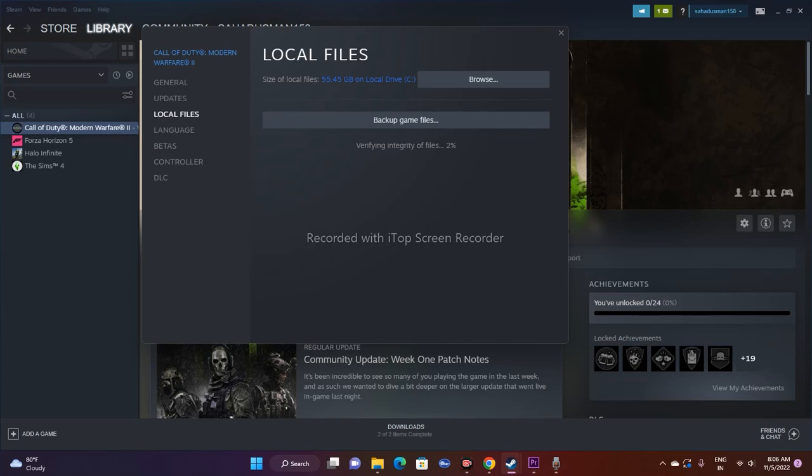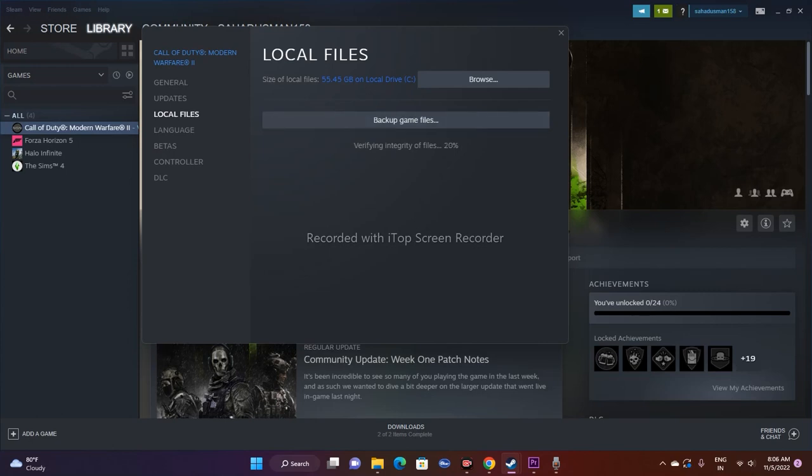When it is completely done at 100%, you are up to date, and if any files were missing or corrupted on the PC, those things will be fixed and you're good to go, and you will not be having any trouble hereafter. This is actually one of the greatest fixes, and I really recommend you go for verify integrity of game files. You just have to wait for 100%.